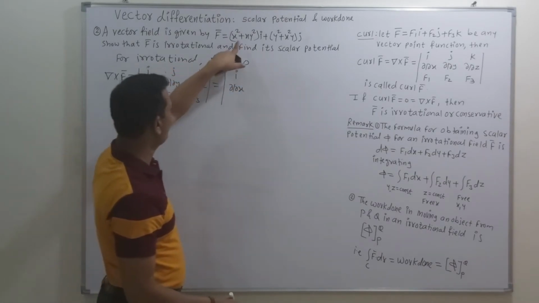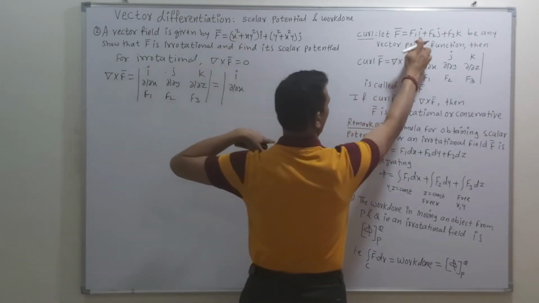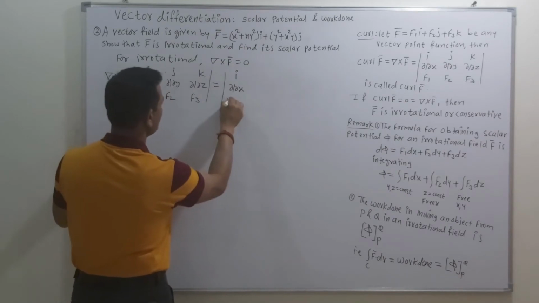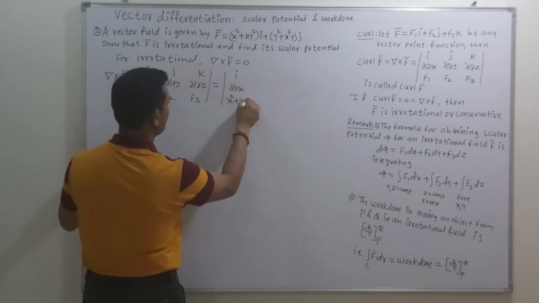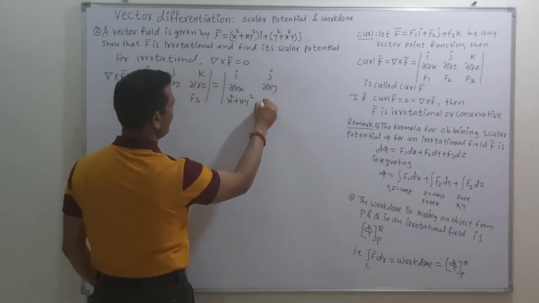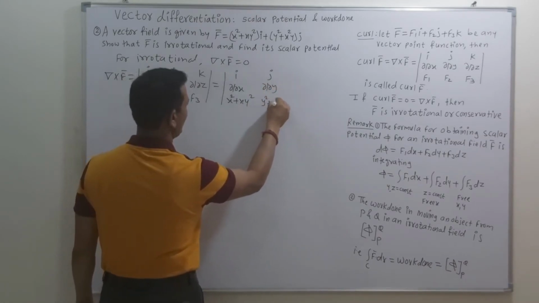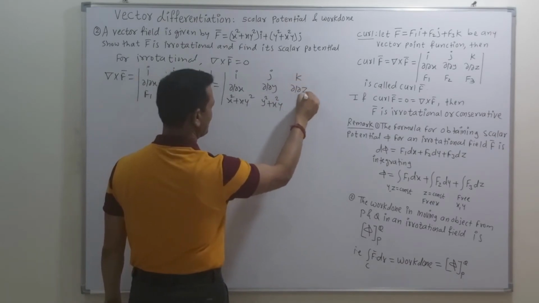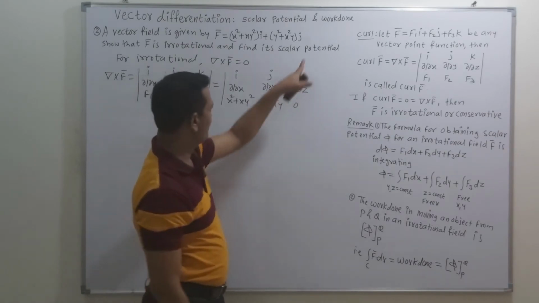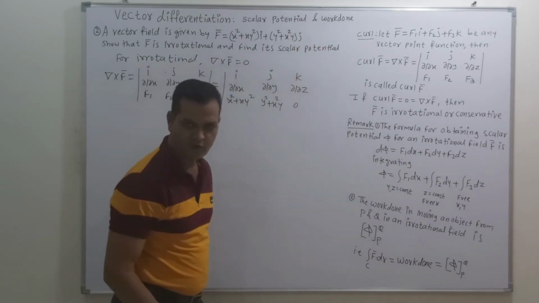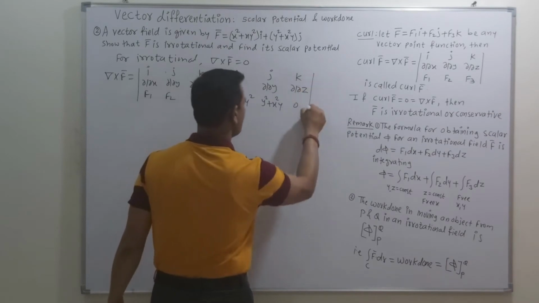So here the value of f1 is, if we compare f1 i plus f2 j plus f3 k, so then value of f1 is here, so this is x square plus x y square, then j, partial derivative with respect to y of this is y square plus x square y, then k, partial derivative with respect to z of, so here the coefficient of unit vector along z axis is not available, that means this coefficient is 0.